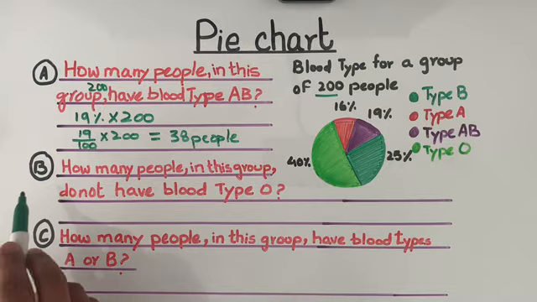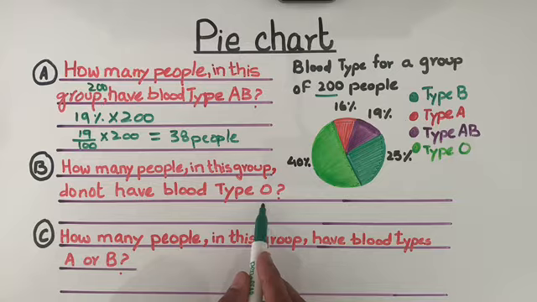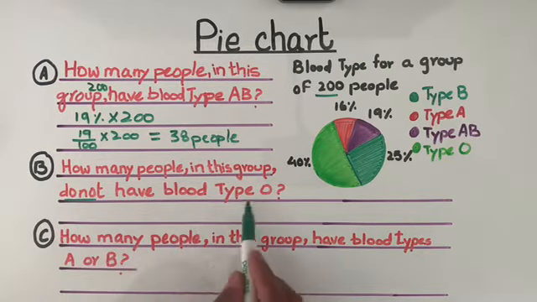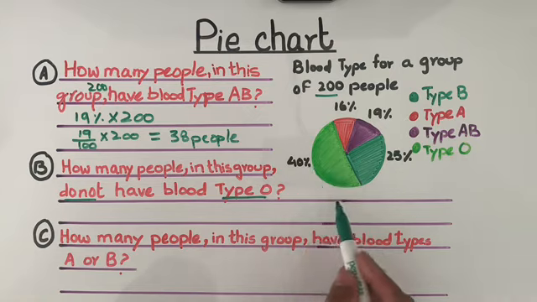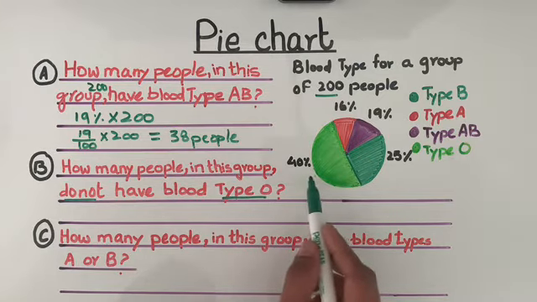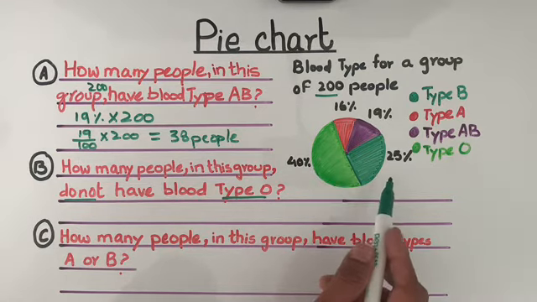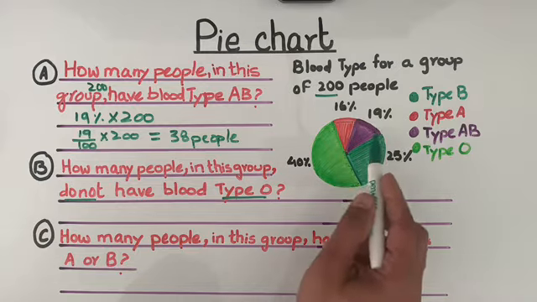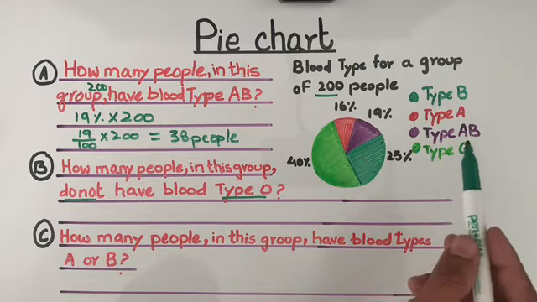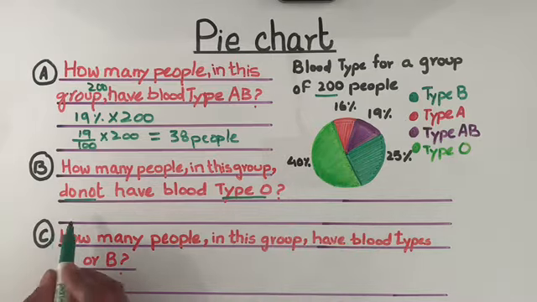Move on to question B. How many people in this group do not have blood type O? Do not have, okay? Do not have blood type O. So, how many people have blood type O? So, 40% people out of 200 people have blood type O. So this means I'm going to add the percentages of 25%, 19%, 16% means type A blood, type B blood, and type AB. Right. So I'm going to add these three, 16%